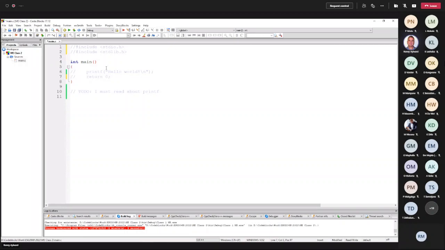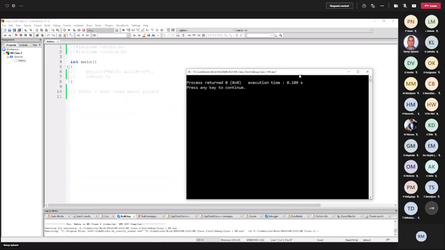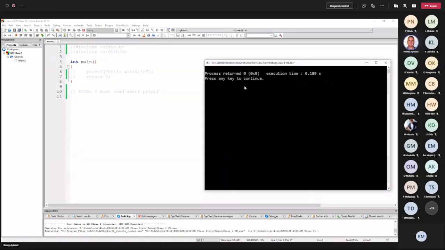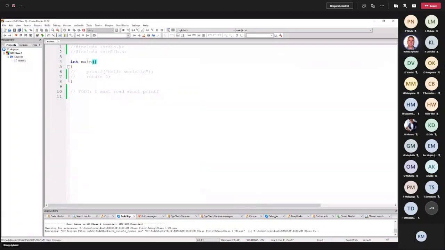And if we now compile and run, we see exactly the same output as before. So the minimum program that we can write is int main, 2 round brackets, 2 curly brackets, and that's it. And that will compile to a program.